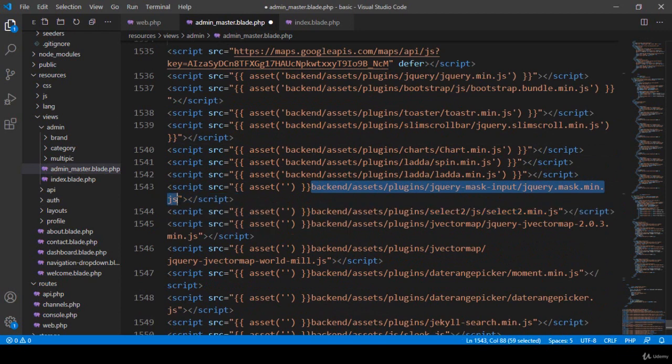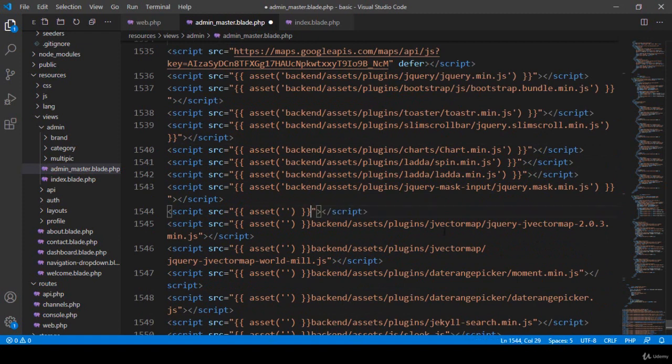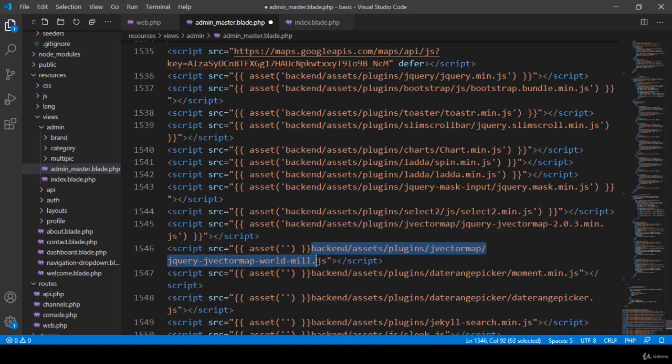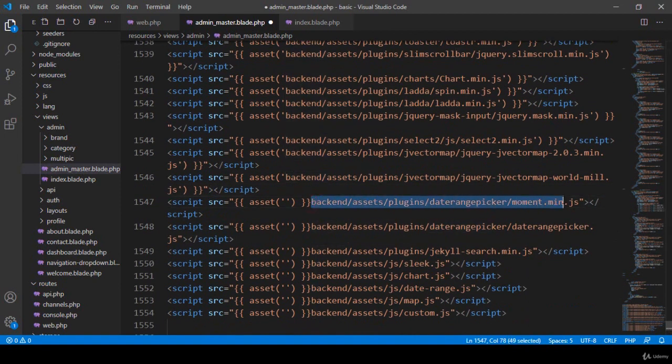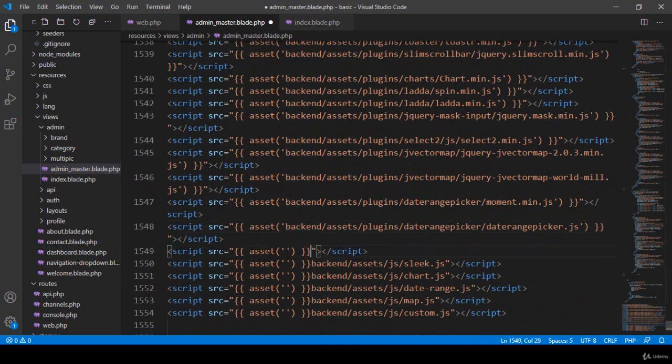I hope, friend, you can well understand what exactly I did here. So how templating works in Laravel 8, I will show you. Everything will be very clear to you. So actually if you know that main concept, friend, it's not very hard. So here that is another one, cut it, paste it. So here I cut it, and in that particular position I paste it. I update this part. There is another one,